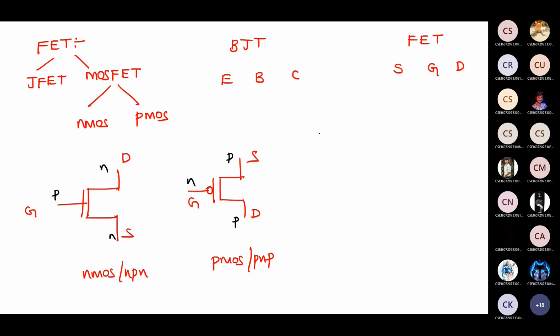If you take the arrow directions, for NMOS it is from N to P, for NPN. For PMOS, it will be from P to N only. So from P to N, put an arrow on the source. Here also from P to N, put an arrow on the source. So this is PMOS, this is NMOS. I think I already told you this one. A diode is nothing but unidirectional, so current will flow from P to N.